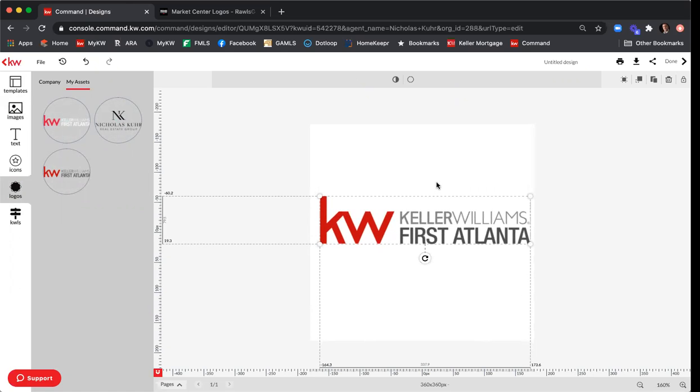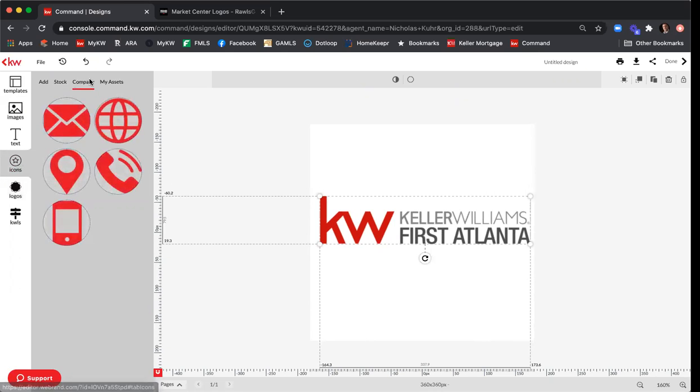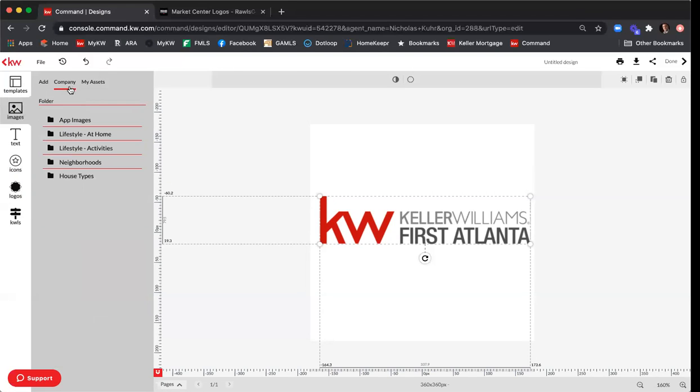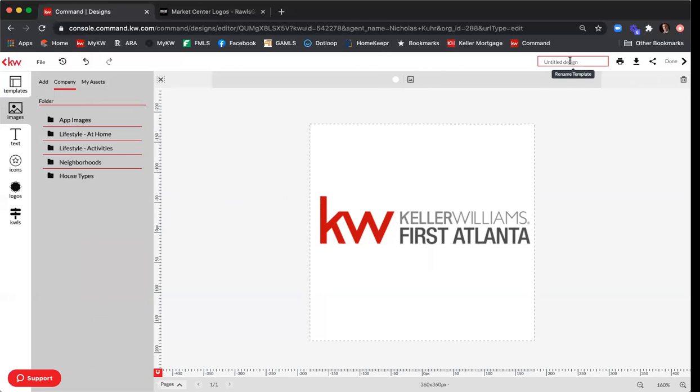Now, if you want to get really specific with it, we can add a circle. So if we come over here to icons, let's do images. Company images. I guess you don't need to do that to add a circle, and then I thought there's a place to add a shape. I guess not. So you just drag that here, and now I can save this as my KWFA